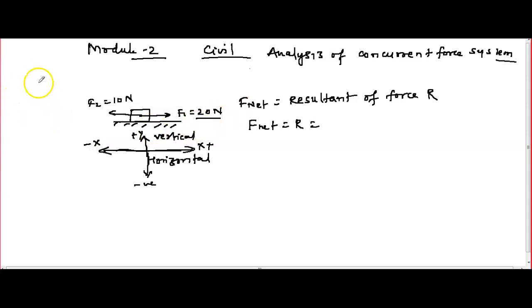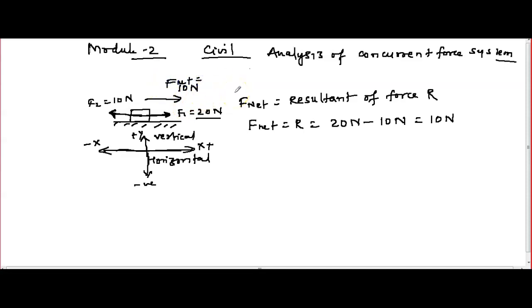Consider this is a book kept here, and somebody is pulling this way with 20 Newtons, and your friend applies another force of 10 Newtons in the opposite direction. So F net is equal to 20 Newtons in this direction minus the opposite direction, which you have to subtract. So 20 Newton minus 10 Newtons becomes 10 Newtons, the net force. So it will move in the positive x direction with 10 Newtons of resultant. F net is equal to 10 Newtons.